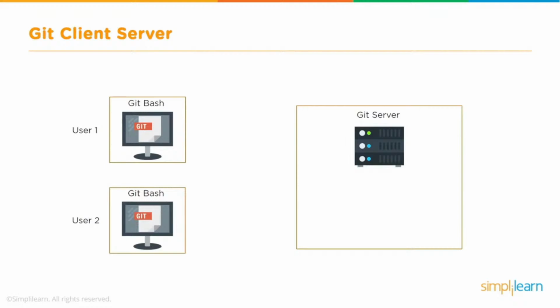What does it take for a couple of users to collaborate and start working with Git? The bare minimum thing that any user would need in order to start working with Git is something called Git Bash or the Git client. This comes as an installer for all popular operating systems like all flavors of Windows, Linux, macOS, and other operating systems. So once you install Git Bash, you get a command line utility using which you can fire up